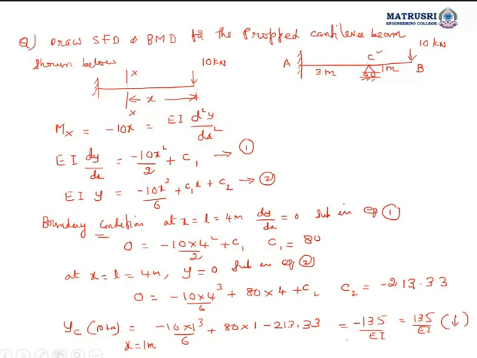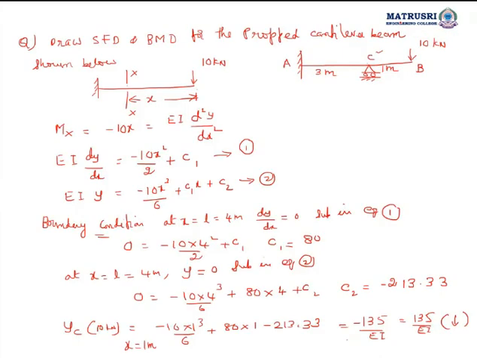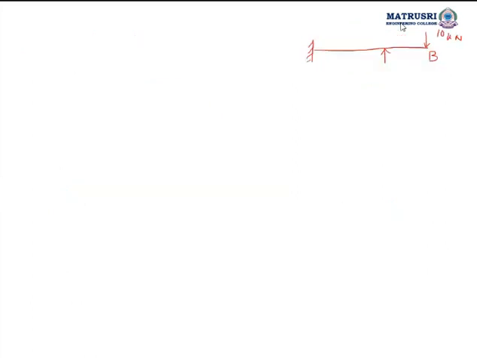Then what should I do? Again I will draw the figure here. If I draw the figure, you can understand easily. So here 10 kilonewton. This I am taking as B. Then P, how much did you get? So before that, P we don't know. Now this is 3 meter. This is 1 meter. We want to calculate the P value now.